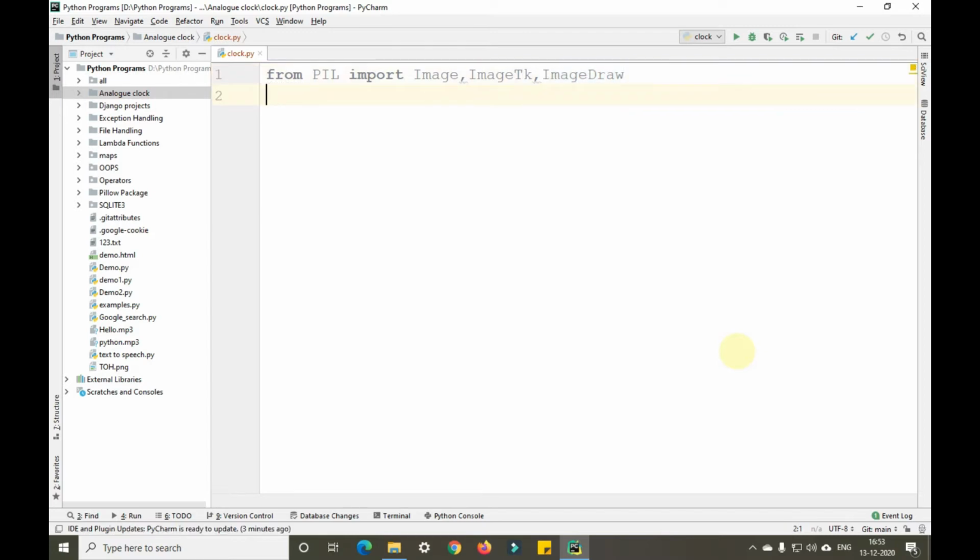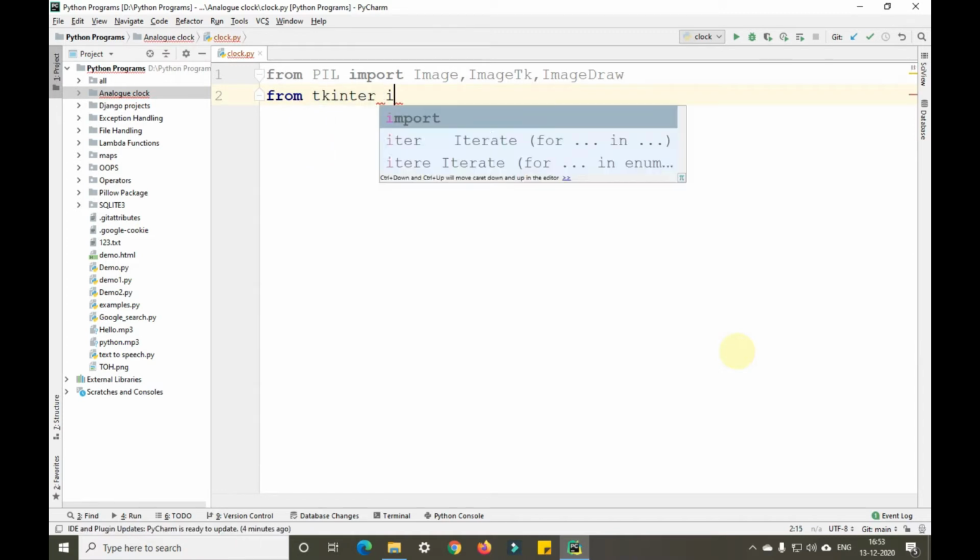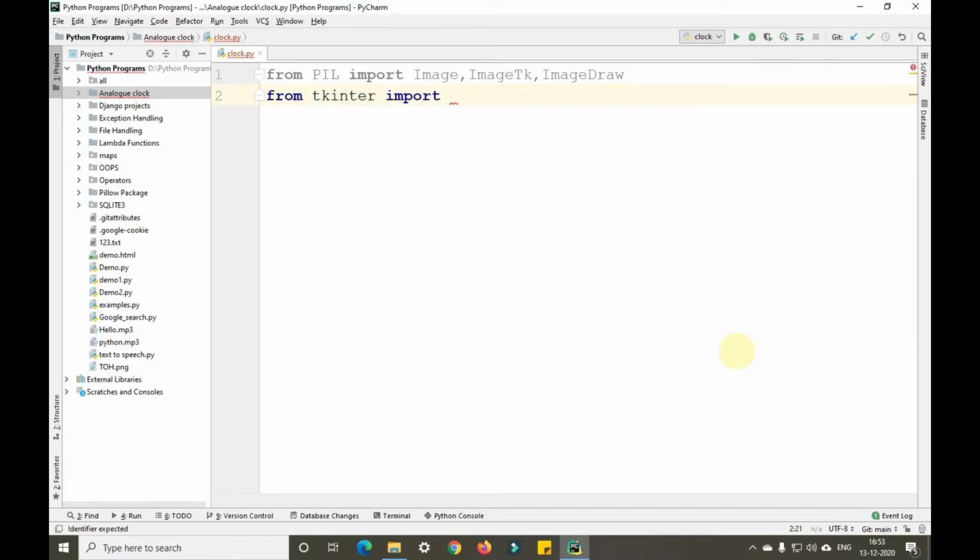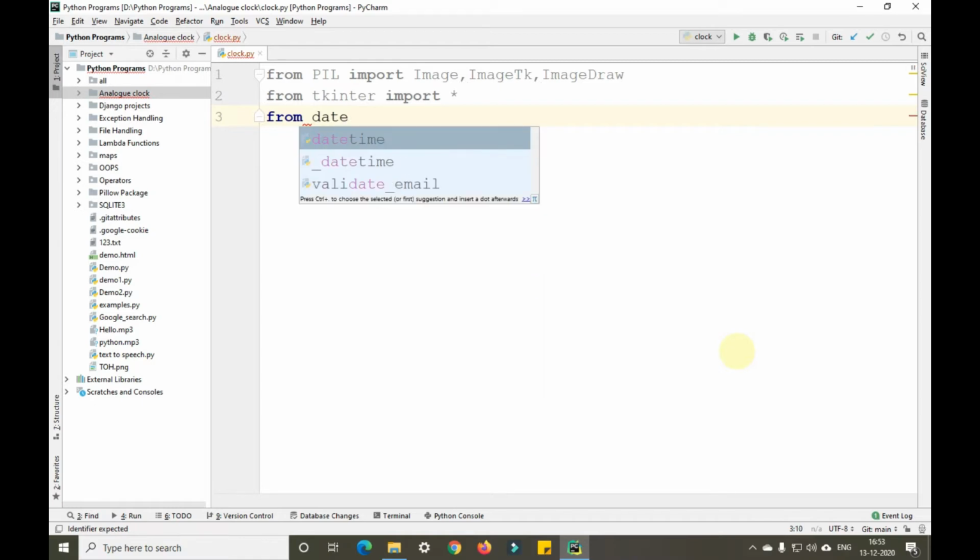And after that we need to import tkinter: from tkinter import star. Okay, and we also need the date and time of that particular PC, so we need to import datetime as well: from datetime import star.